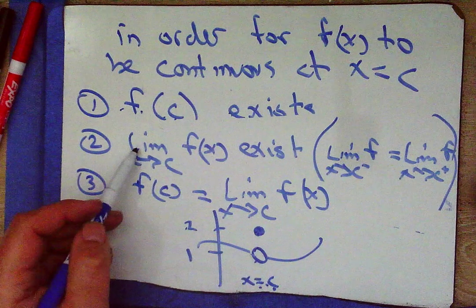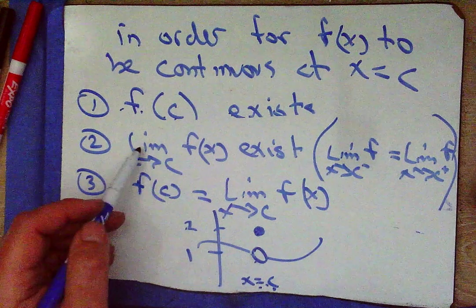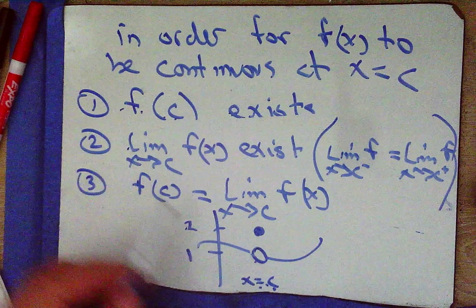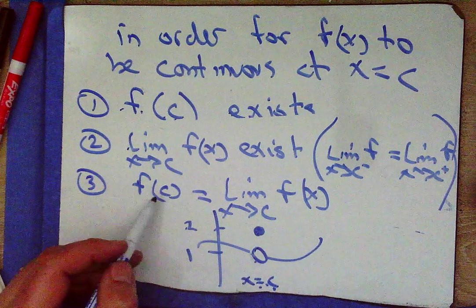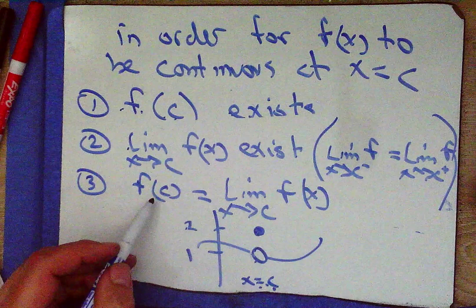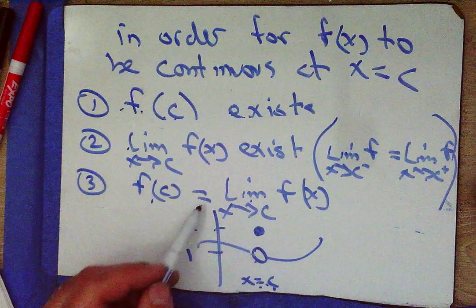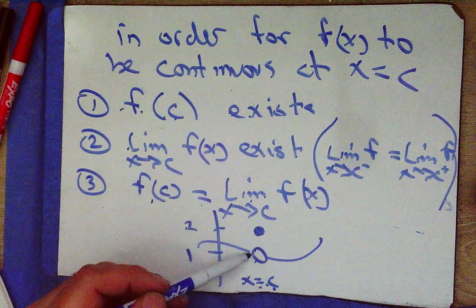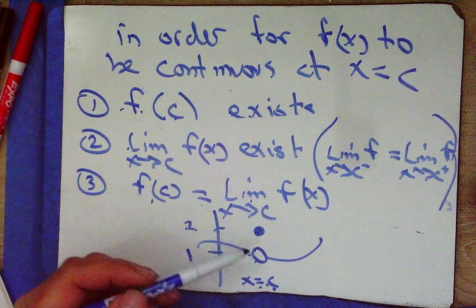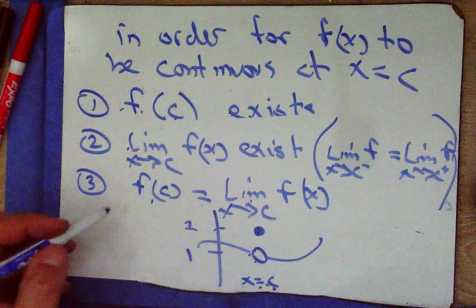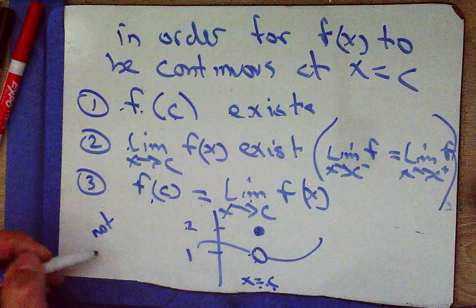So this limit does exist and is equal to 1. So the point exists, the limit exists. We've met those two requirements, but there's this third requirement. The value of the point and the value of the limit have to be the same. The value of the limit was 1. The value of the point was 2. Are they the same? They are not the same. And so this is not continuous